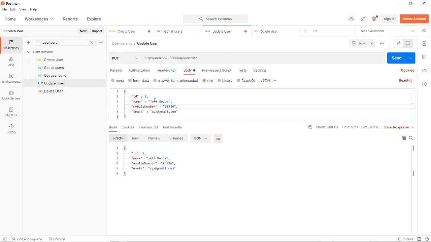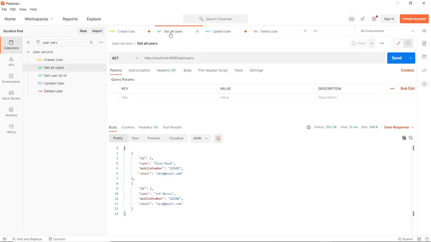And now we will update the user to fix the error in the name of Jeff, and let us update his mobile number as well. So this is the updated user, and now if we again request for getting all users, it will give us the corrected name of Jeff Bezos and the new mobile number.